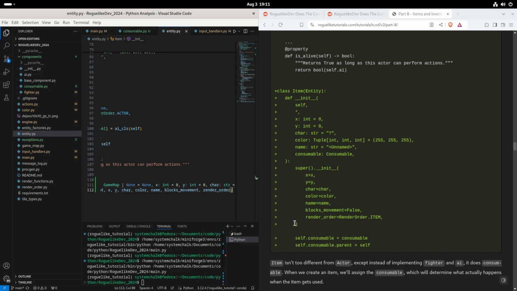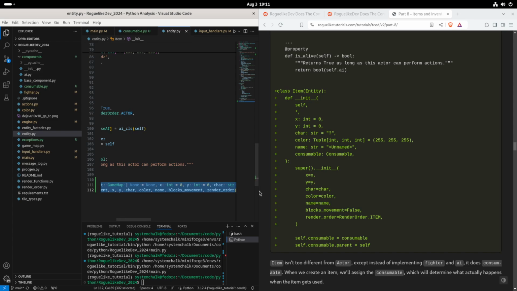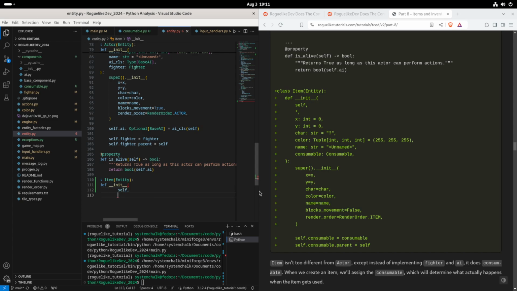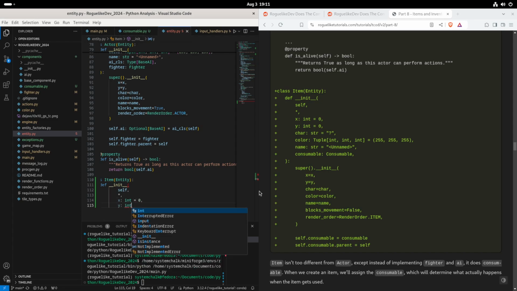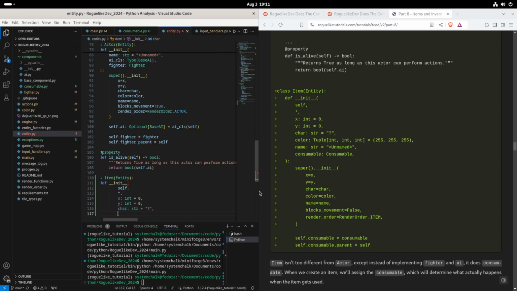Again, quite cool that it does this. I'm just, yeah, this is not even close to what I wanted. Self star force keywords x integer 0, y integer 0, character currently a